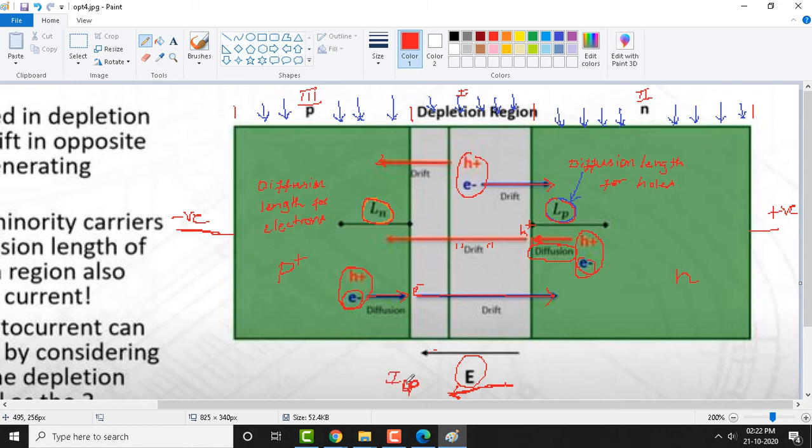Now, this IOP depends on three parts here. It depends on electron-hole pairs in the depletion region, and on electron-hole pairs in the neutral n and p regions. Electron-hole pairs in turn depend upon the number of photons injected here. If more photons fall onto the material, more electron-hole pairs are created, more holes get collected on the neutral p region, and more electrons get collected on the neutral n region, and this process repeats. So, it creates a current here, and that current is called the optical current IOP.